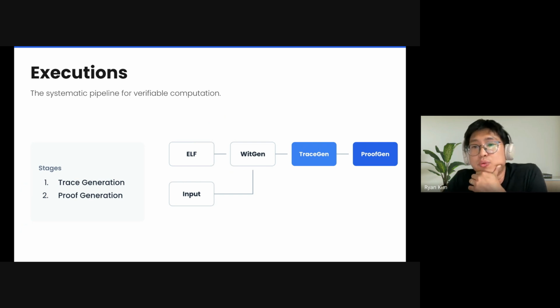Before we talk about why we need a compiler, let me ground us first. What is the executable code in ZK we're actually running? There are two stages where real GPU time gets spent. The first one is trace generation. If you're running a zkVM, this is where execution gets traced, and you're producing the data that the prover is going to use.